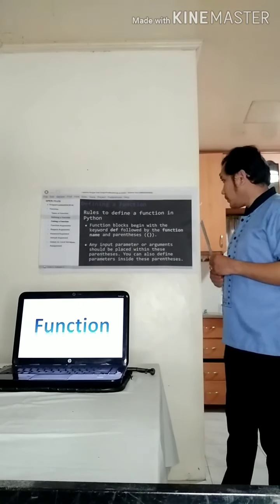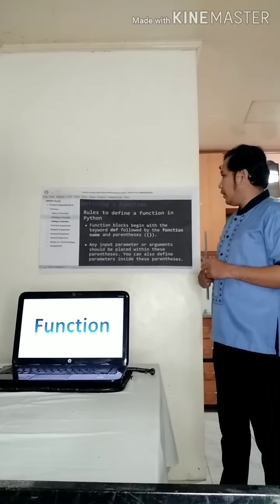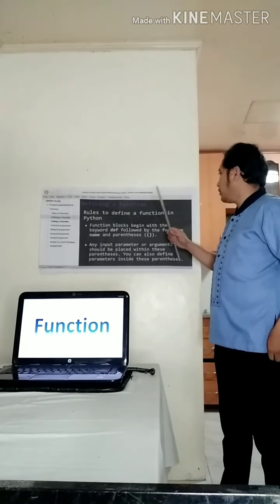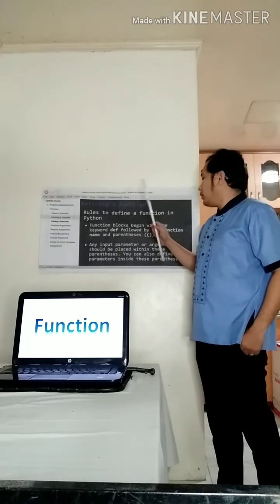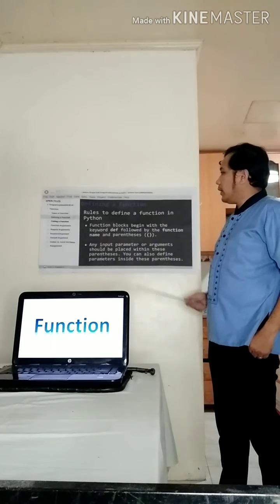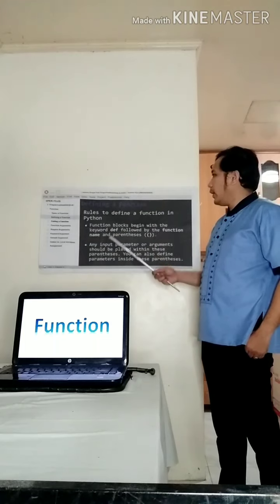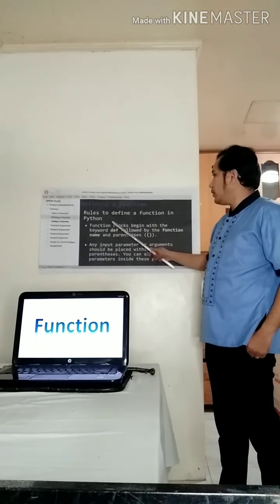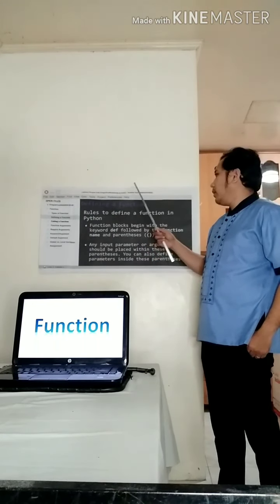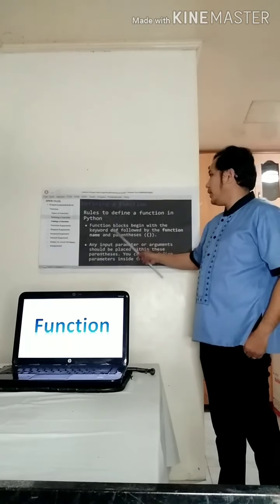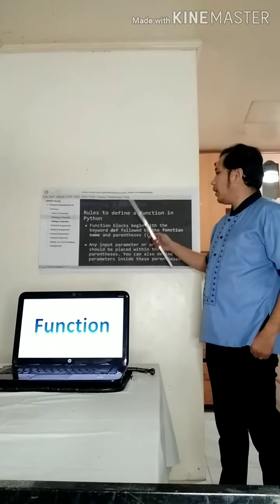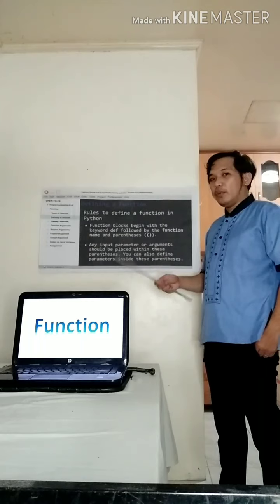So, based on this instruction, user-defined functions begin with the keyword def, or define, but we should always type def in small letters, or lowercase.